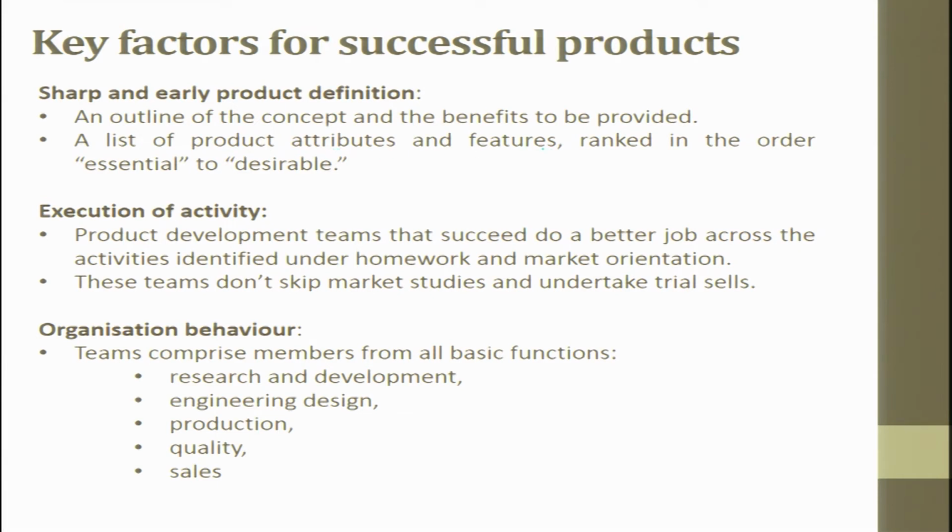Attributes and features are different. Attributes: good, bad. Features: some specifications. Ranked in the order of essential and desirable. These two are very, very important things we should think of. It is essential, it is desirable. Essential means it must be there. Desirable means if it is there, it is okay. So, you can't say that the desirable quality is slightly different, and if somebody has a desirable property, that does not mean it is good if he fulfills the essential quality.